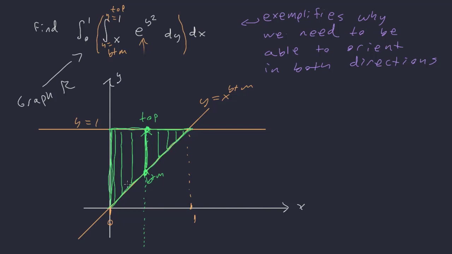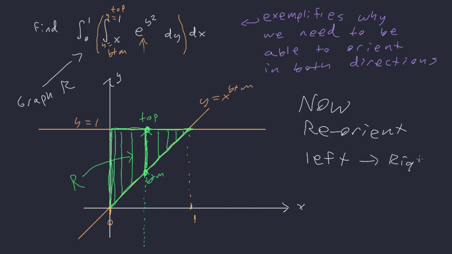Okay, so this is our R. Now, this was thinking about it in terms of bottom to top, right? Now I want to reorient left to right, right? Because we want to swap this order of integration. So I need to now start thinking about it left to right instead. Okay, so I'm going to clean this up a little bit and then start thinking about it in terms of